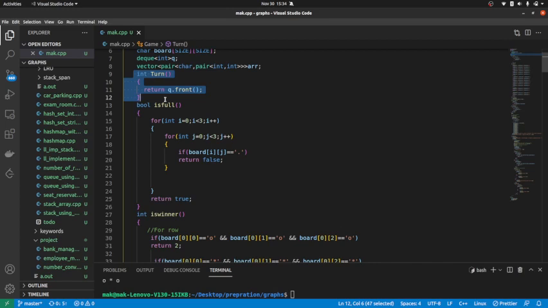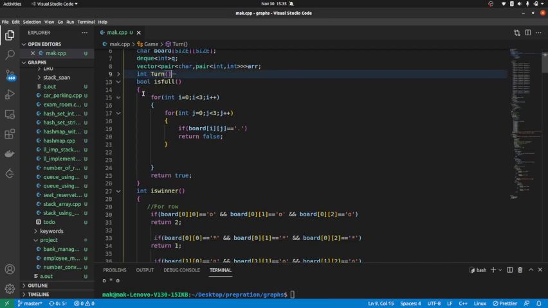We'll take one queue and assign 1 2, like if we have 5 players, we'll keep in the queue 1 2 3 4 5, and in the first turn we'll take the first player from the front of the queue, and he will play the game. Then we'll pop from the queue and push back to the queue. In the next turn a second player will play, so this will be an extension of the game for multiplayer. This is the logic for checking if the board is full or not.